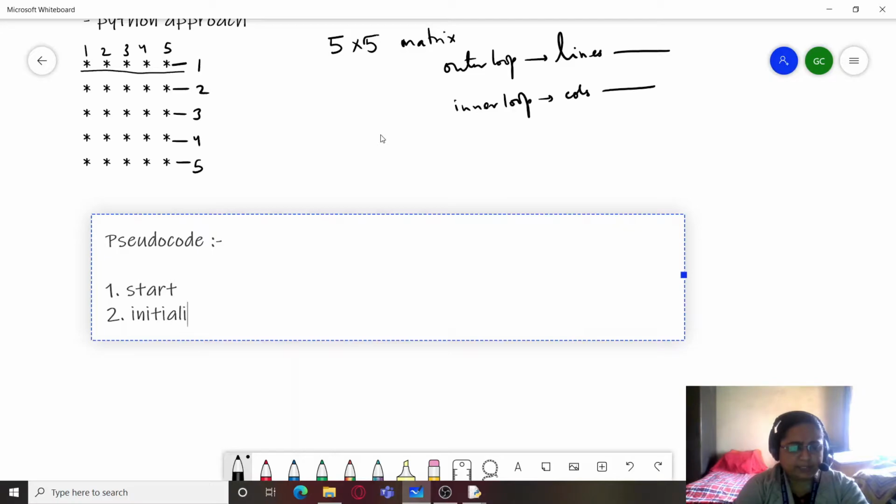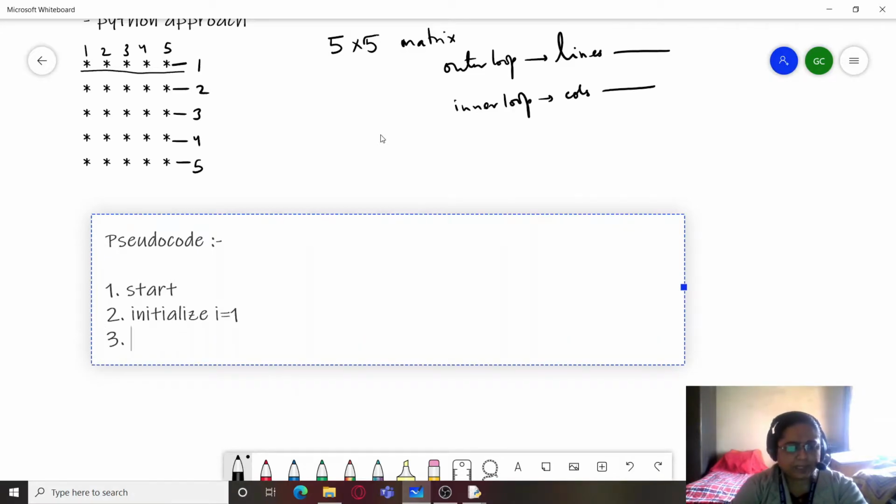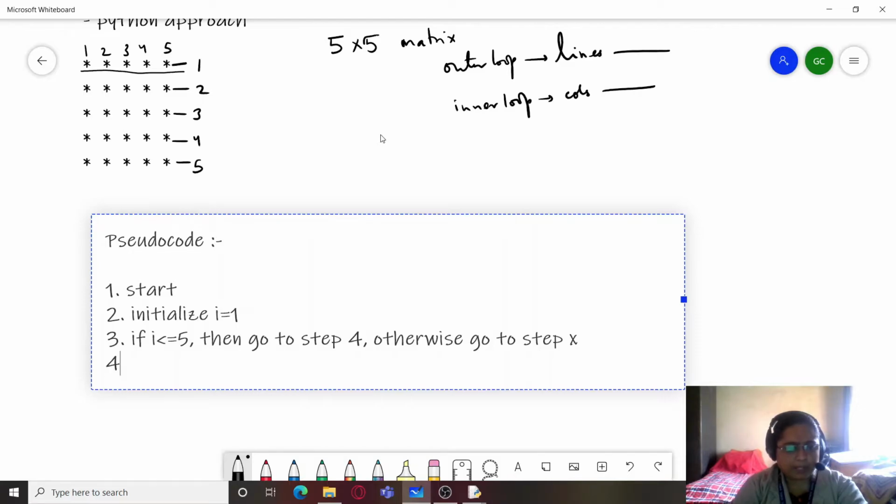So we will first initialize a variable I by 1. Then if I is less than equal to 5, then go to step 4. Otherwise go to step X. We don't know what is step X yet.